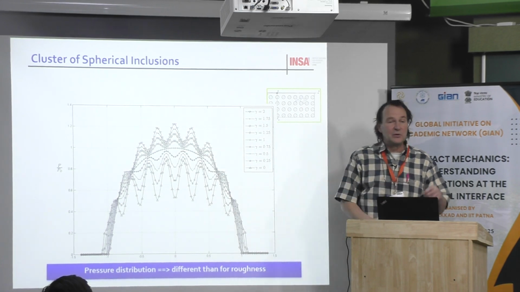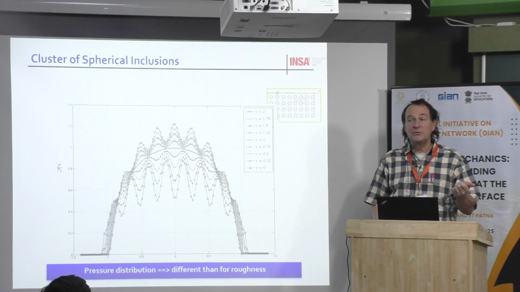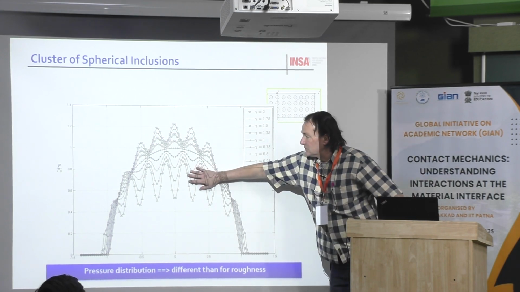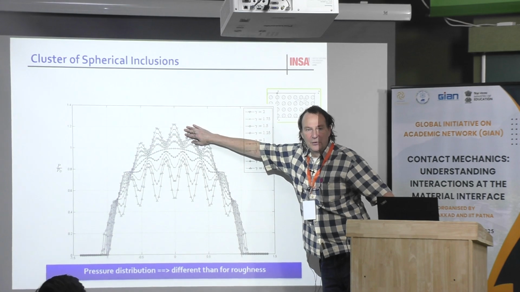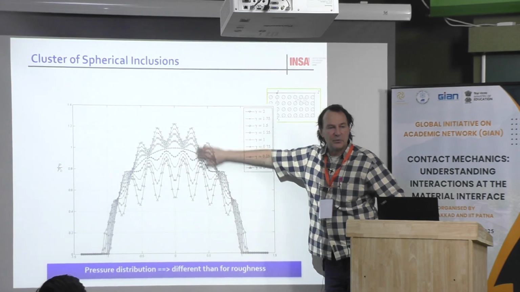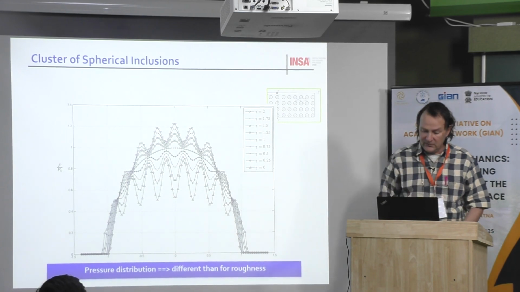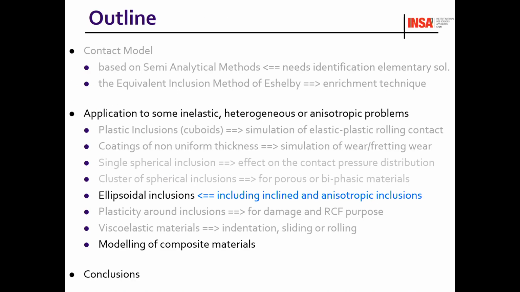Why? This is because if you calculate the equivalent Young modulus of the combination of inclusion plus matrix, for this situation, the equivalent Young modulus is softer, and here it is higher. Then that explains this type of results. Okay. But this is quite similar to what we can observe for a rough surface. And now we did the same for ellipsoidal inclusions, mostly to be able to simulate fibers.